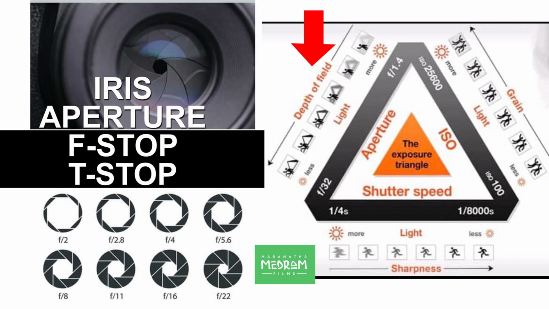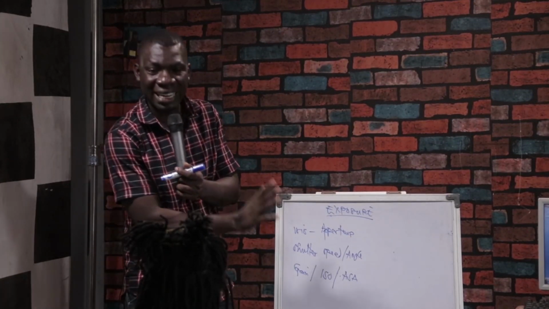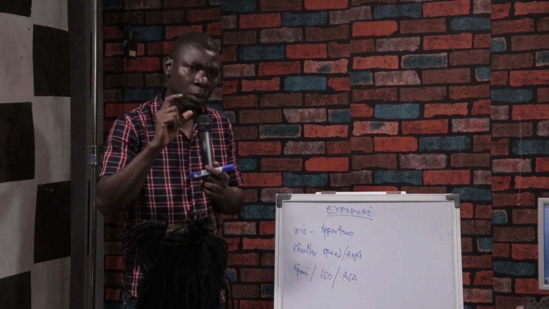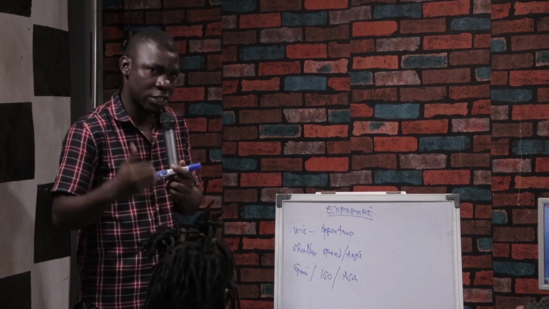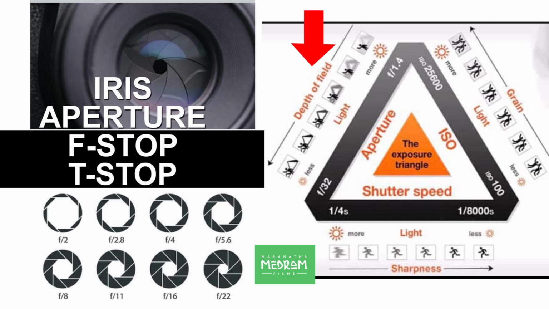We talked about the iris yesterday. You understand that that is lens induced exposure. If you want to expose your camera via your lens, it is the iris you will have to put on. Now, let me tell you the attribute of this. It is good to expose your camera with your iris, but this is the attribute. When you expose your camera with iris,